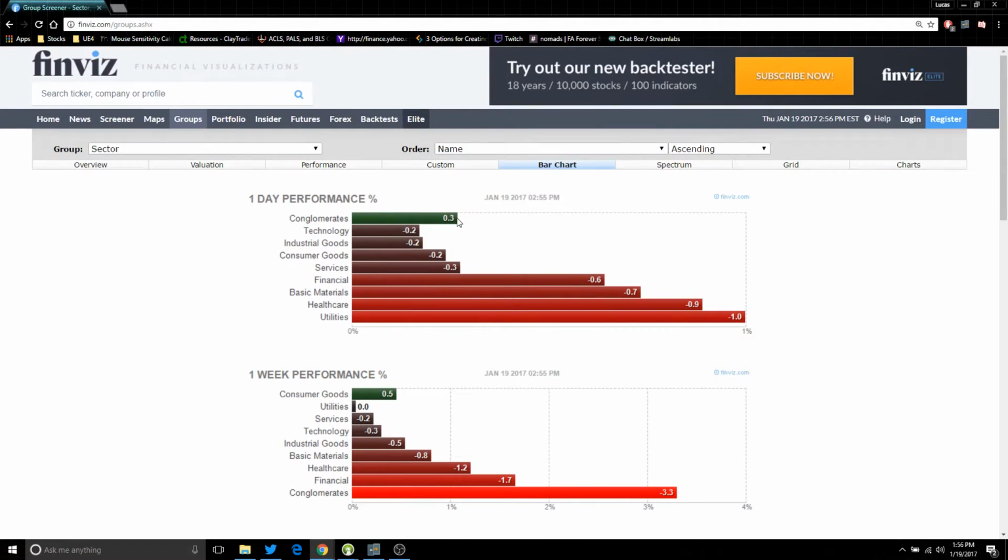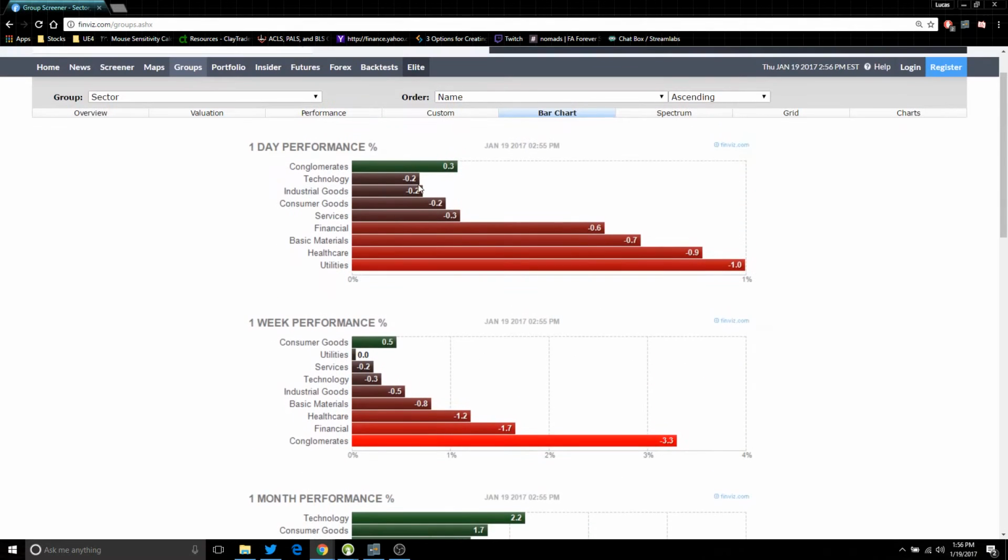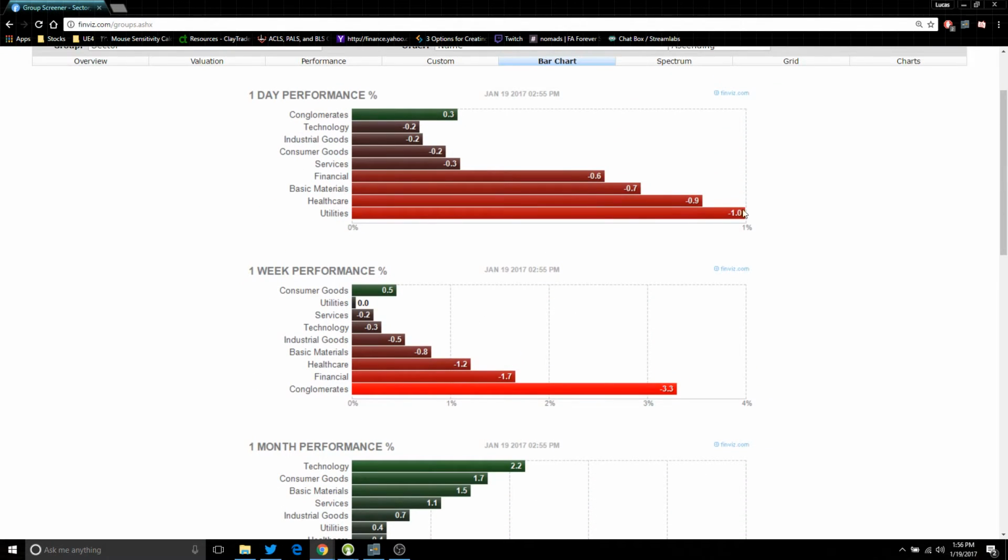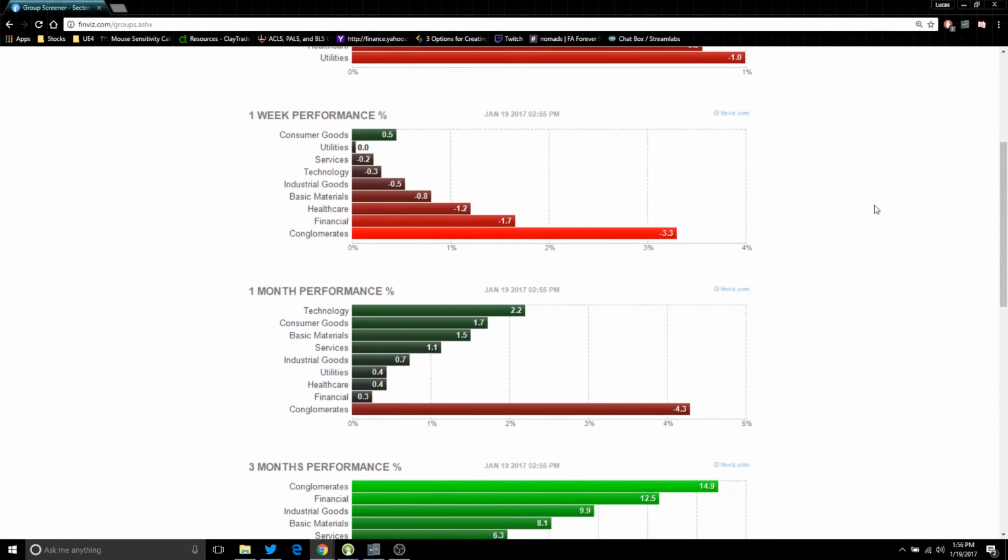Is it going to start doing its reversal today? Nobody knows. This is just the day's performance. So you can't really base the overall trend on a day's performance. You can use this if you're an intraday trader, but I'm not. I'm doing swing trading, which is I'm holding overnight. I'm holding a few days, weeks, or whatever. So